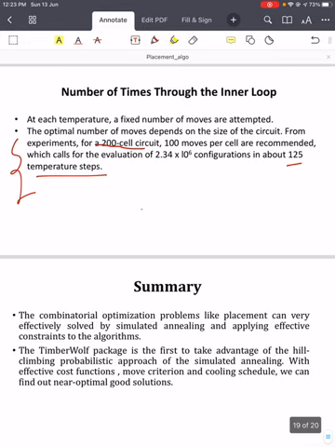In summary of TimberWolf, the placement problem is a combinatorial optimization problem. It is an NP complete problem, and we can use heuristic algorithms like simulated annealing to find near optimal solutions. TimberWolf is a simulated annealing based algorithm to solve this placement problem in standard cell based design. With this, I am going to end this video,